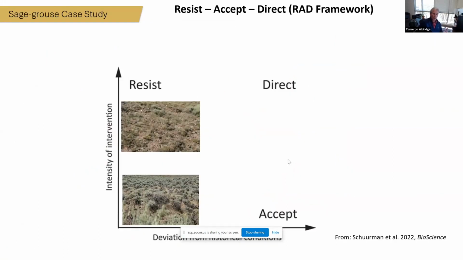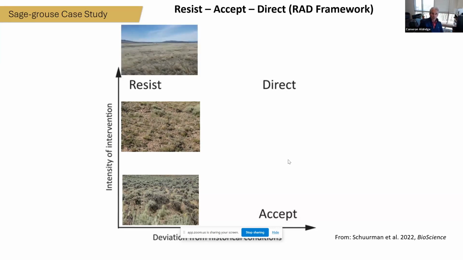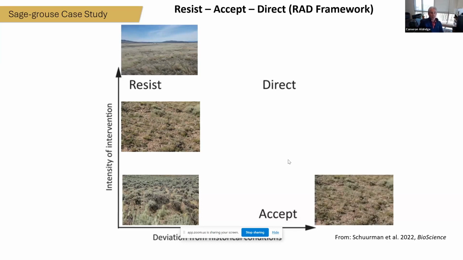We're going to go from a larger intact sagebrush with decent herbaceous and perennial understory components to maybe looking a little bit depauperate. What we want to do is resist that change that's going to transition to a sea of cheatgrass where many species cannot make a living. But we might also have to accept that the sagebrush of tomorrow is going to look a little bit different, and we have to try to understand how species like sage-grouse and pygmy rabbits are going to be able to adapt and persist in those landscapes into the future.